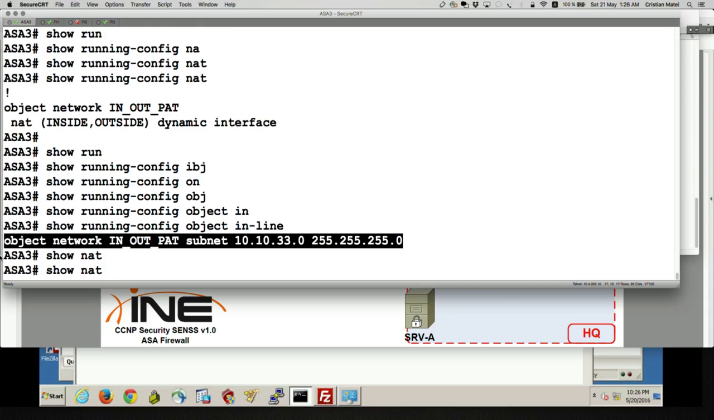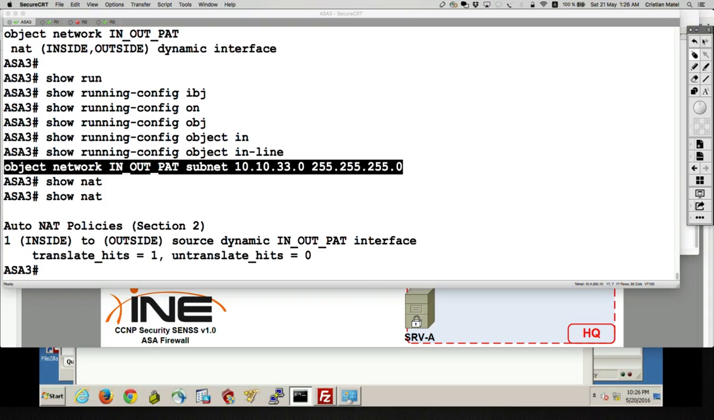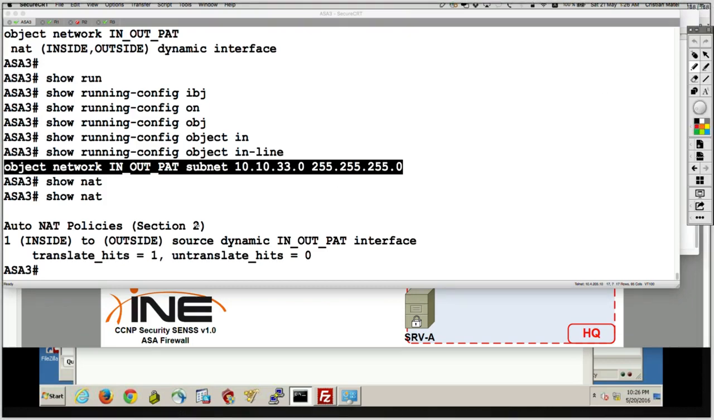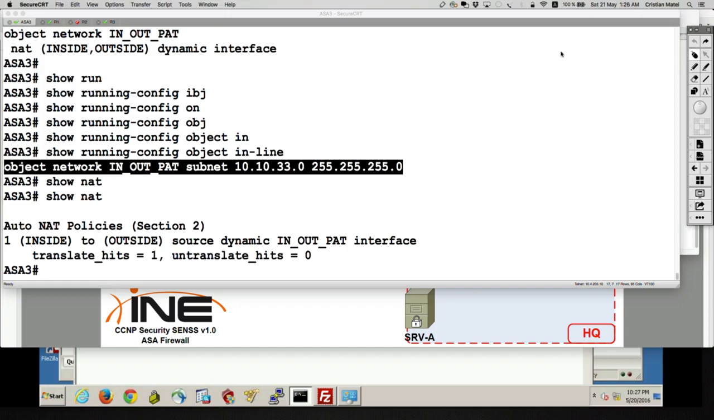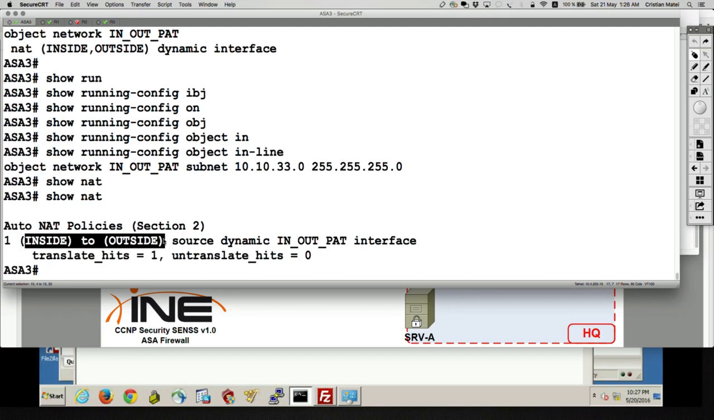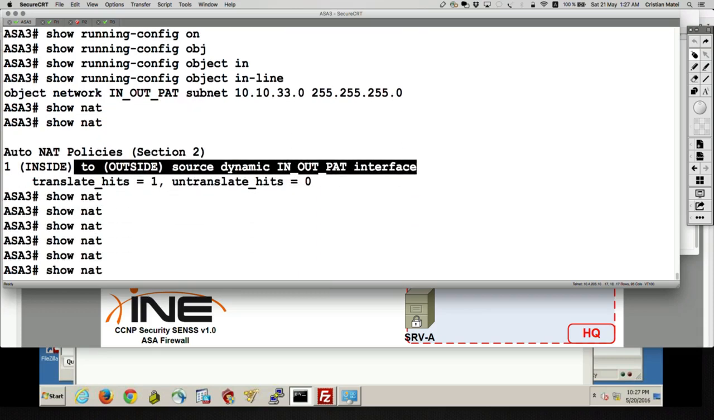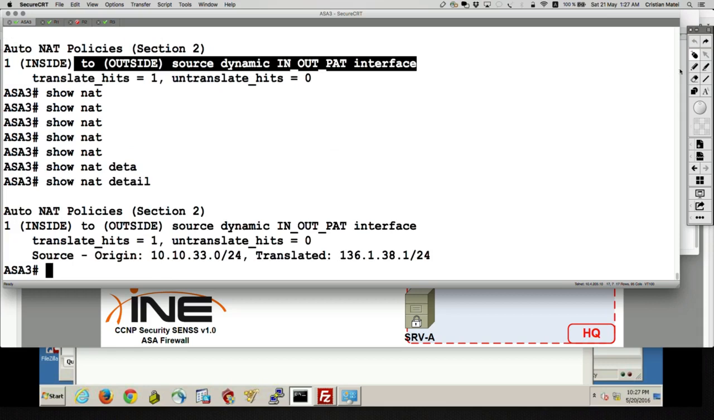But then show NAT is going to show you the NAT configuration. As you can see, because I've configured automatic NAT, the ASA has added that NAT configuration into section number 2, which is the auto NAT policy section. The show NAT command doesn't exactly show you what happens. It says that as traffic flows inside to outside, I'm dynamically NATing the source into the egress interface, but I don't see the source. So ideally, you should always use the show NAT detail command, because the show NAT detail